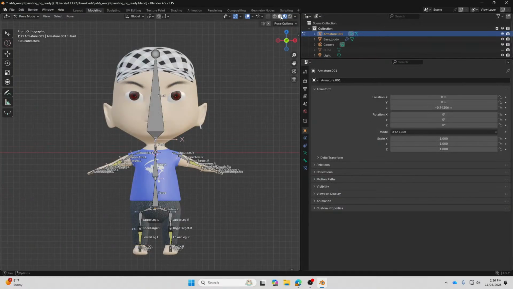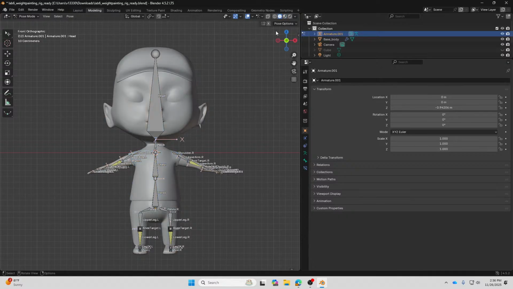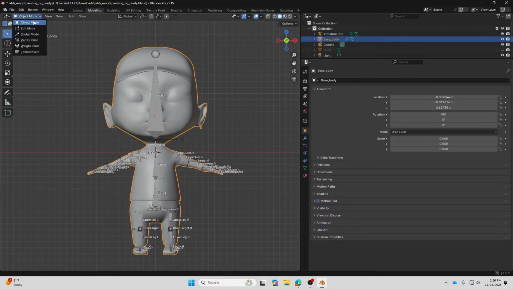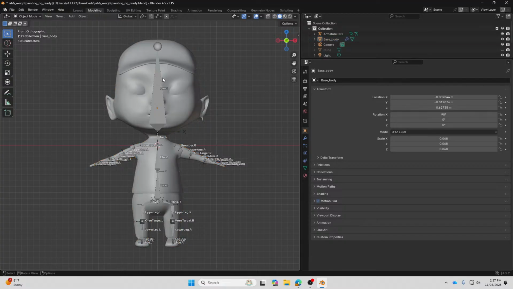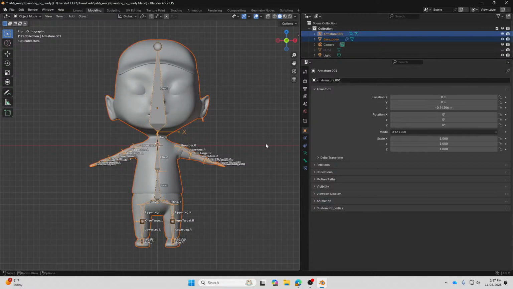Now, you can turn on solid mode on the character demo over here. And then I'm going to switch back to pose mode. We're going to do a little bit of experiment over here. We're going to first select the base body, and then hold shift to select the armature.